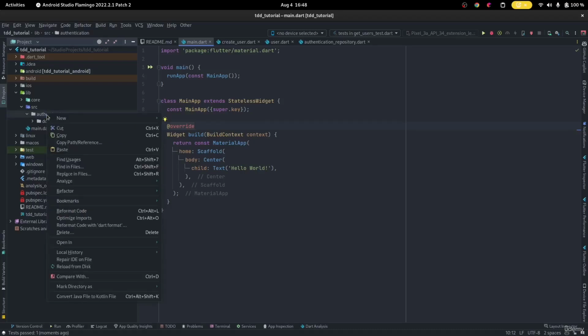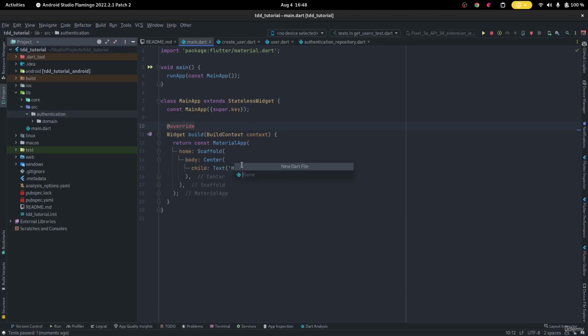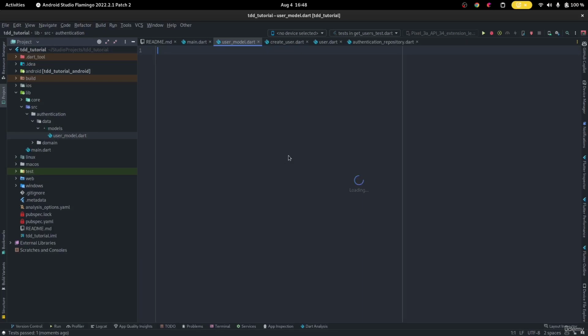And now finally we can move into the data layer. Alright, so let's go ahead and create a model. So the first thing we want is the data layer. Inside of the data layer we have the models. Inside of the model we have the user_model.dart. Boom. You can make this part easier, but I'm gonna write out the code by hand first, and then